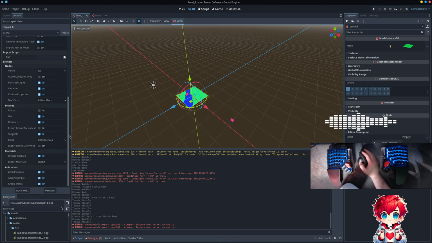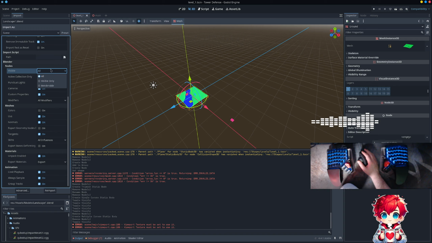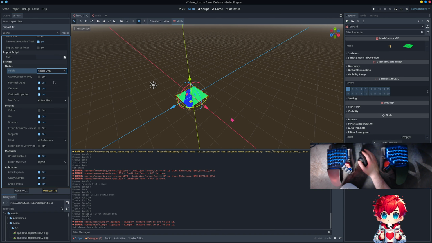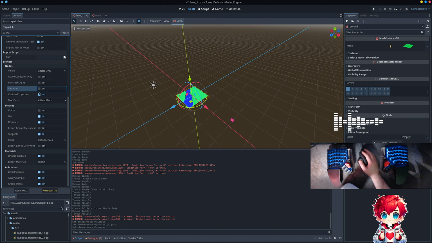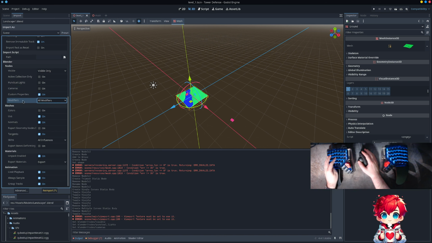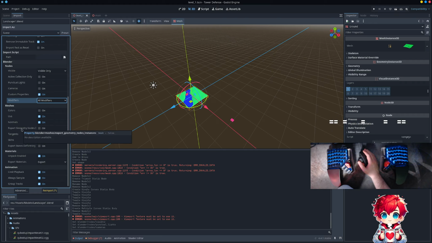Import path. Blender nodes. Visible all. Visible only. What is punctual lights? I don't know. But I think we want to turn off all of those things. Meshes. UVs, normals, export geometry node, instances, tangent, skins,